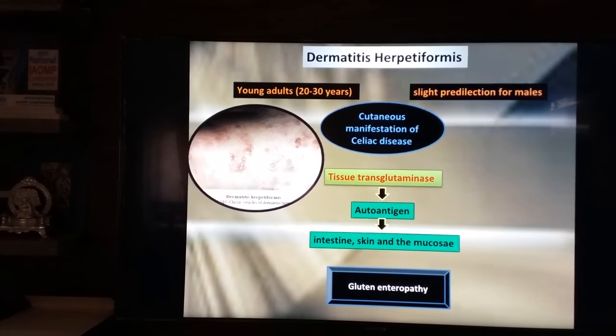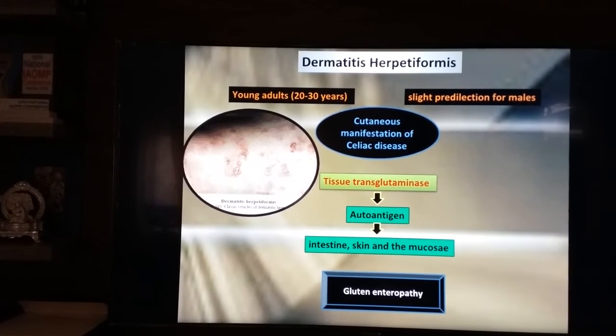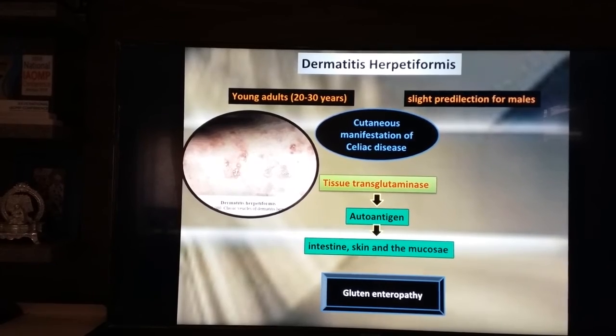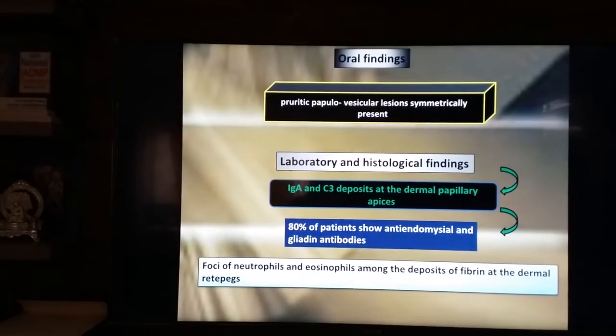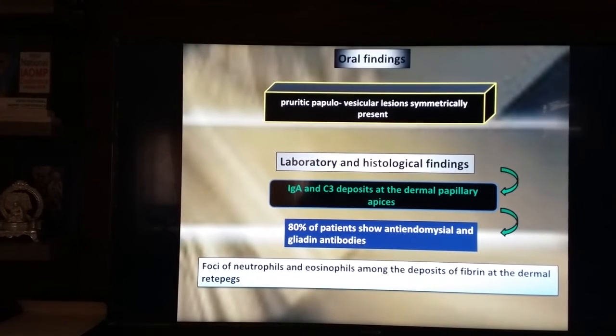There are different types of wheat available: red wheat, brown wheat, or yellow and white wheat. If you take the brown wheat, that is supposed to contain more gluten, and that can bring about such a situation. Now, what do you find in the oral cavity? There will be pruritic,